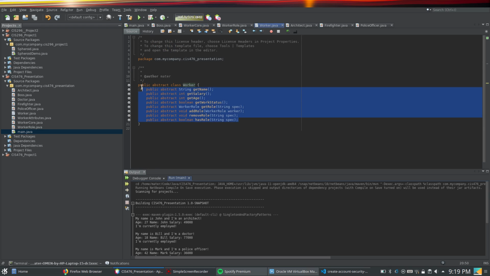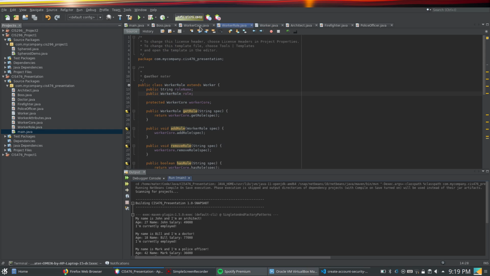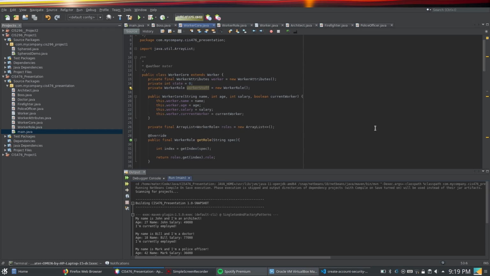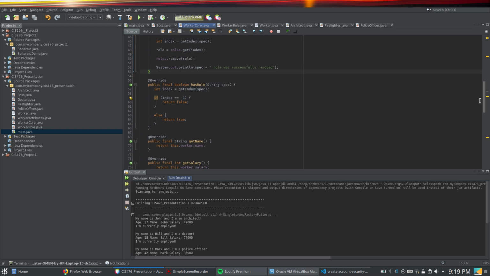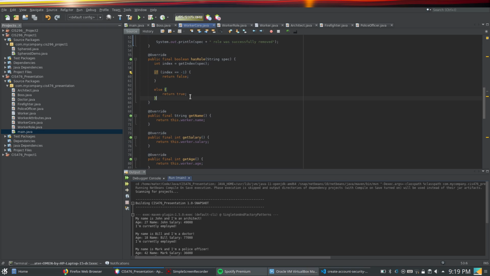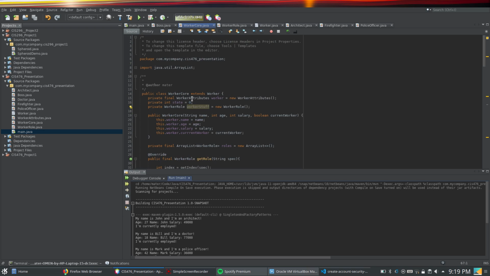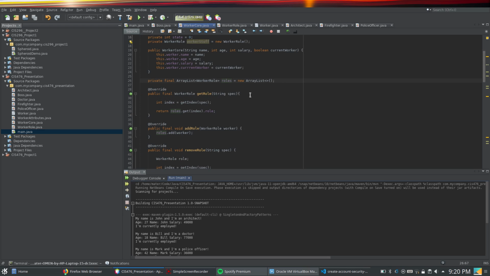Basically, these are the different implementations. Well, these are the abstract methods, and then each one gets overridden in the worker core. This one's a pretty long class, and this one just checks the array. Oh, the array list right here. Where is it? Right here. The roles. This one just keeps track of all the roles inside of that specific class, basically. And then this is the object that's used, because you can have multiple roles. So